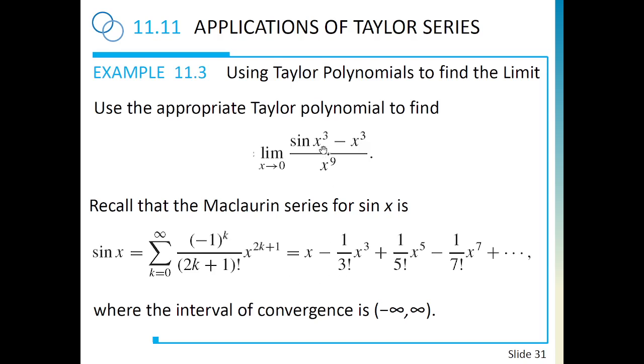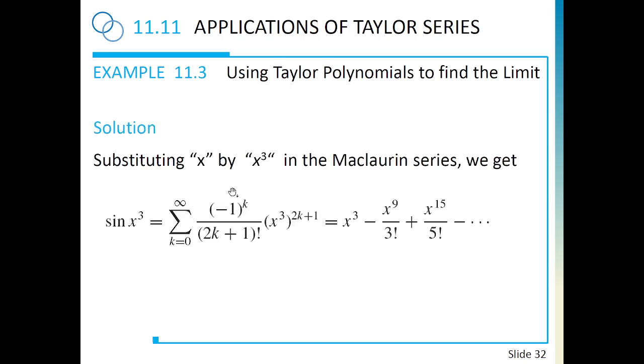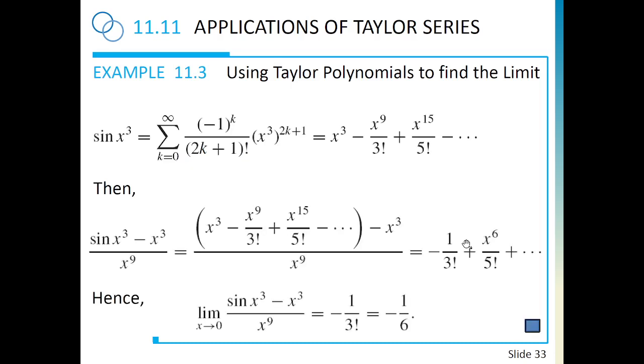Now x cubed here, it's not x, so what are we going to do? Well, we are going to replace x by x cubed, simply, like we do normally. So we substitute x by x cubed in the Maclaurin series. So instead of x, I have x cubed, and I get this expression here. So sine of x cubed is equal to this series. Now the next step is to combine everything. So sine of x cubed minus x cubed. This is our series minus x cubed. So the x cubed and x cubed cancel. So we are left with negative x to the power 9